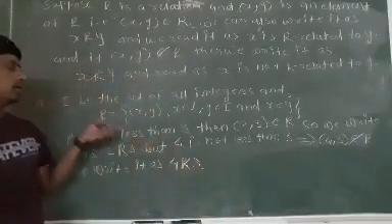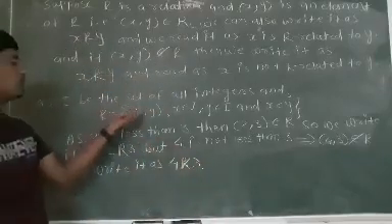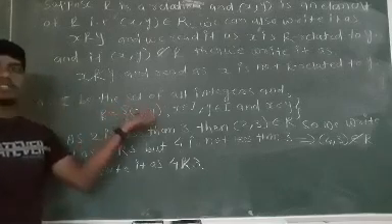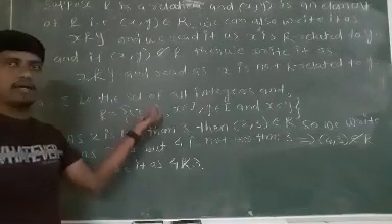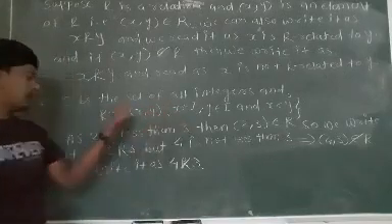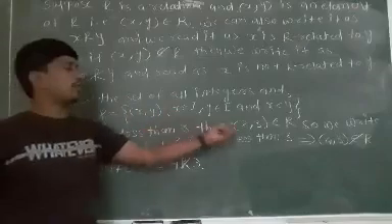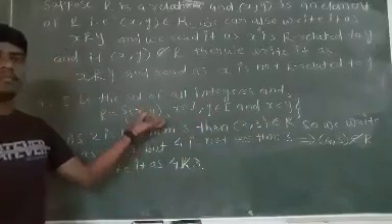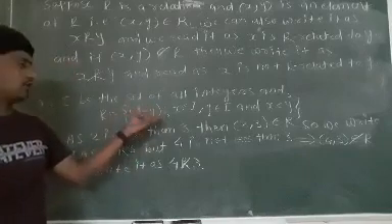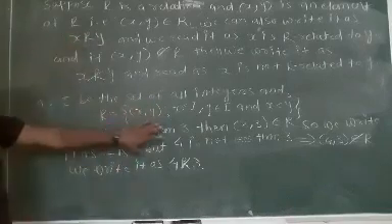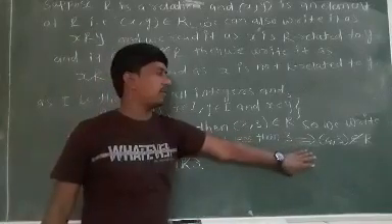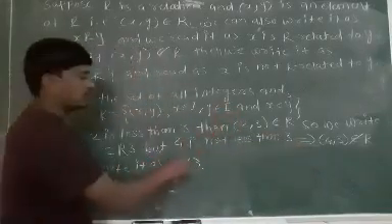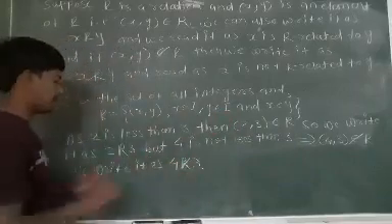Since we have defined relation R, it contains only those elements which are ordered pairs (x, y) where x is less than y. As 2 is less than 3, the ordered pair (2, 3) is a member of relation R by the definition of our relation. But 4 is not less than 3, which implies the ordered pair (4, 3) is not a member of relation R. So we write it as 4 is not R related to 3.